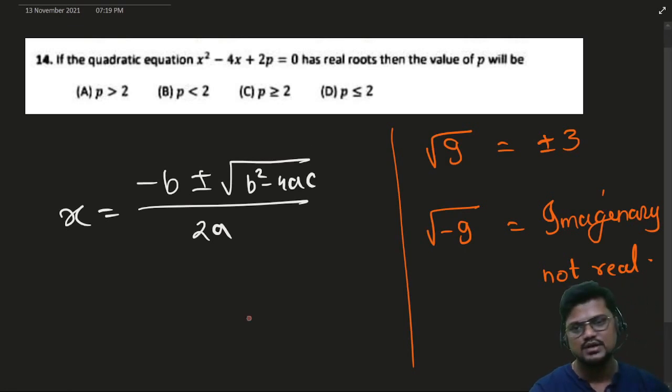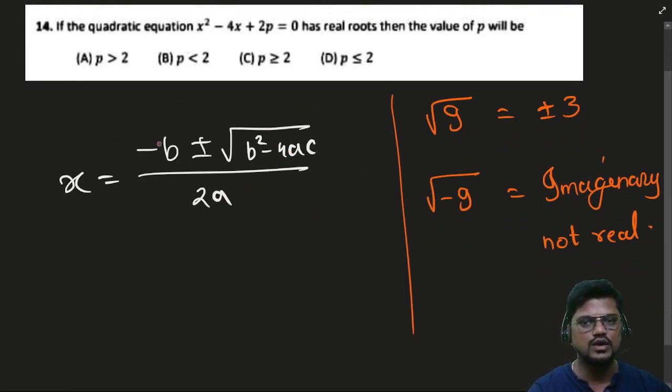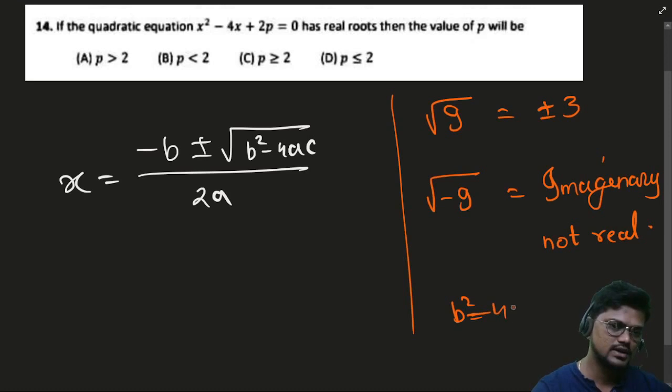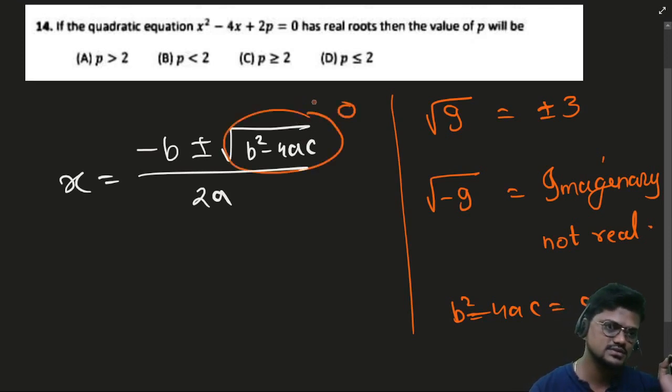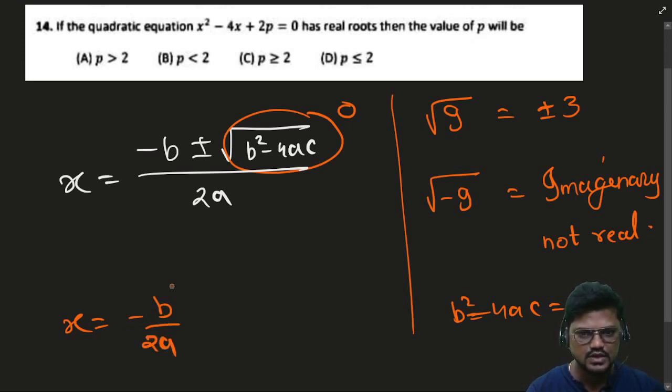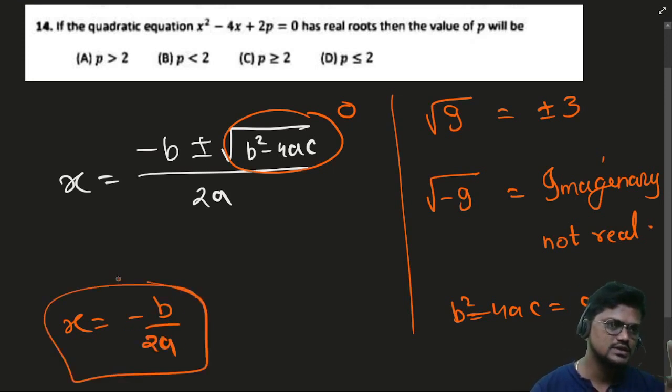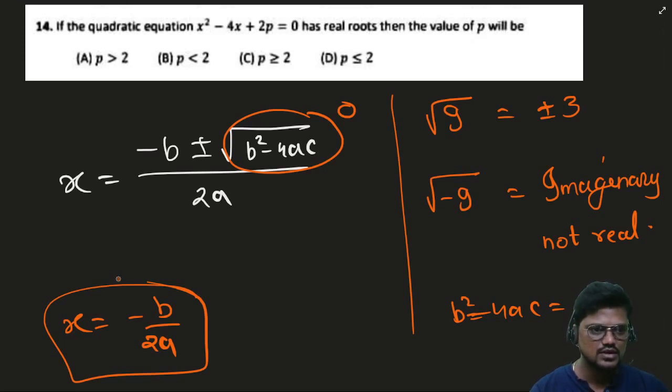The reason is, see, suppose you are getting b square minus 4ac as 9. Then the root of 9 will be 3. And so on. If you solve it, you will get two values. Once you have to add and once you have to subtract, you'll get two values. But if the value of this is 0, then the root will be only this. There will be no other root. That's why both the roots will be equal. This is the reason. Are you getting it?